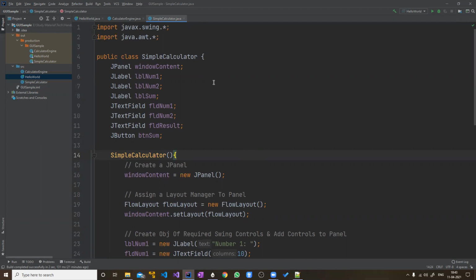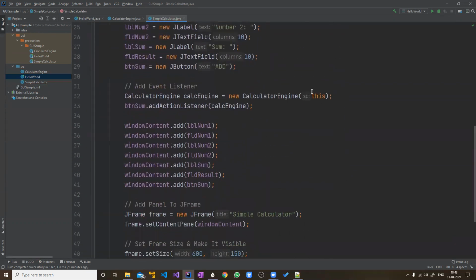But would we still have to include a main in this? We will do that because that is the entry point of the program, so we must do it. But you can see now that error is gone, and even this error is gone, because now it knows that this is not something static. If it is static, there won't be any object to this, I mean, it can be used even without creating an object. So that's why it was not allowed. But now you can see in the calculator engine, I am able to pass this, and the error is gone.